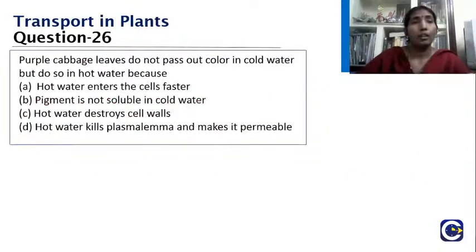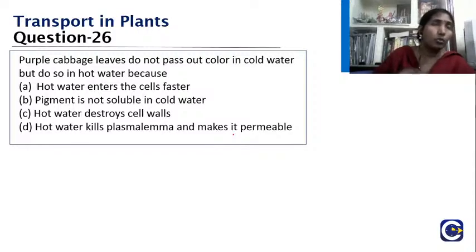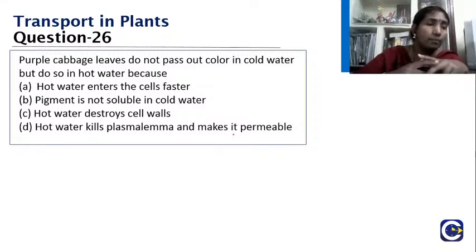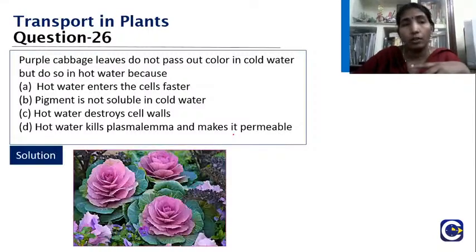Yes, good. Now, purple cabbage leaves do not pass out color in cold water, but do so in hot water because hot water enters the cells faster. Pigment is not soluble in cold water. Hot water destroys cell walls. Hot water kills plasma lemma and makes it permeable. So, you take a purple cabbage, you are just washing it in cold water, nothing happens. But when you do so in hot water, the color slightly changes. So what is the reason? So the reason is because what? When you make it with a